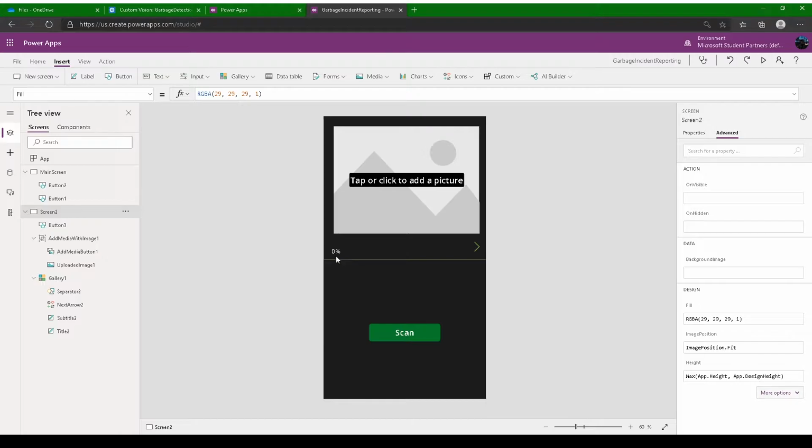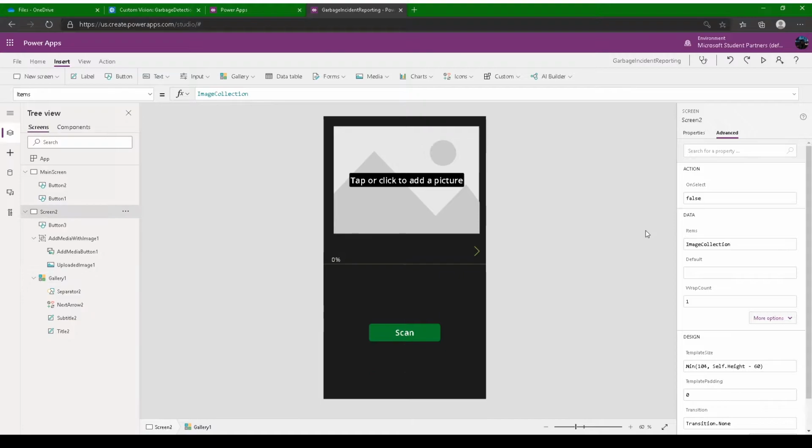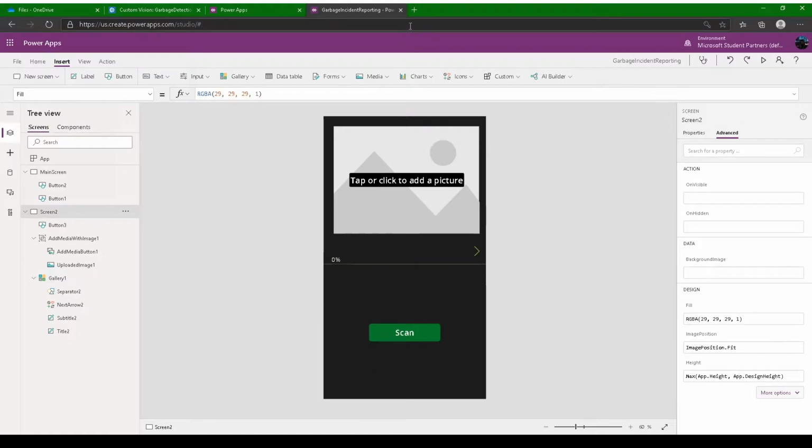Now you'll see there's a 0% here. There you go. Now let's add an image for the showcase. We'll copy an image from my laptop and then do the detection here. Okay, I have an image.